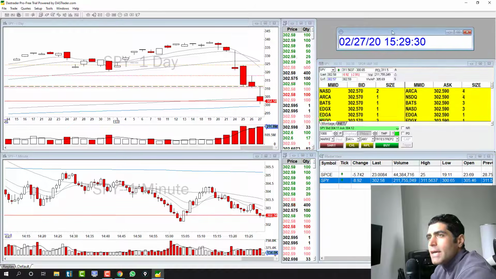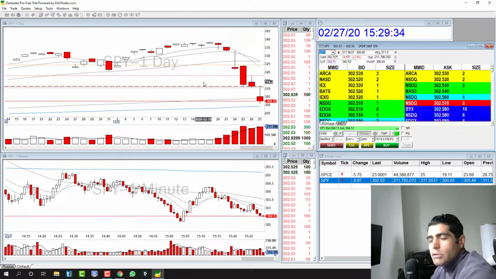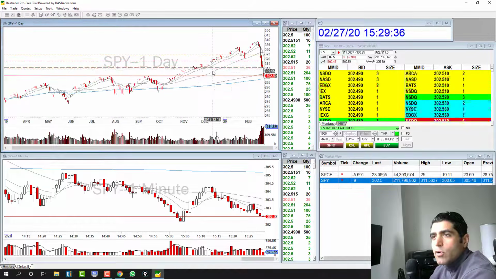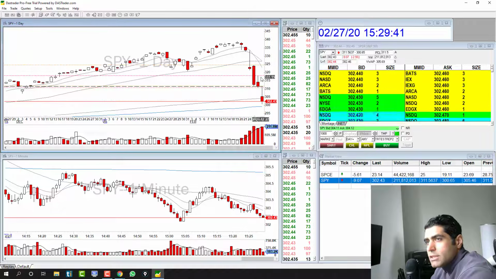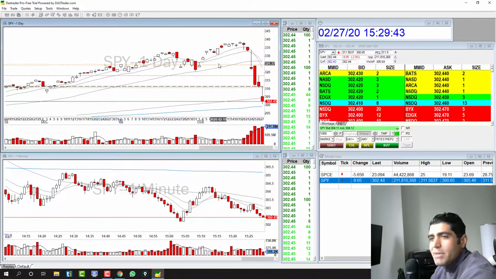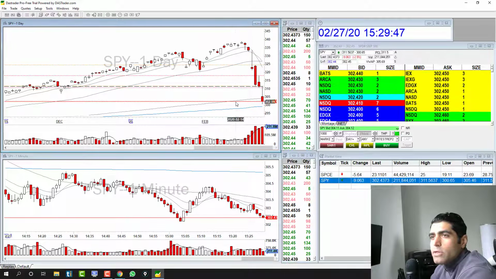As you see, the market has been dropping. It seems like the worst week since the financial crisis. It's because of the coronavirus, the stock is gapping down, and these drops are significant. We were kind of expecting a pullback, but now we're really breaking through the 200 moving average, which